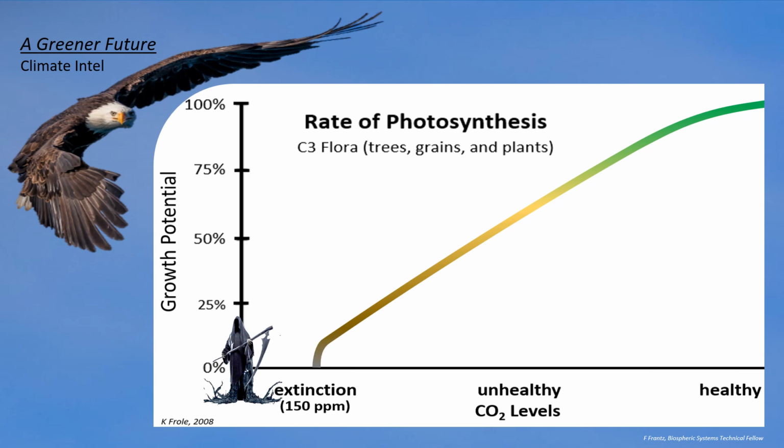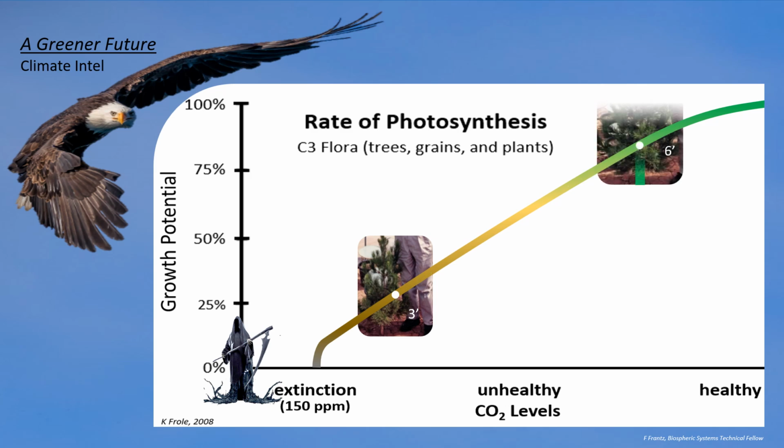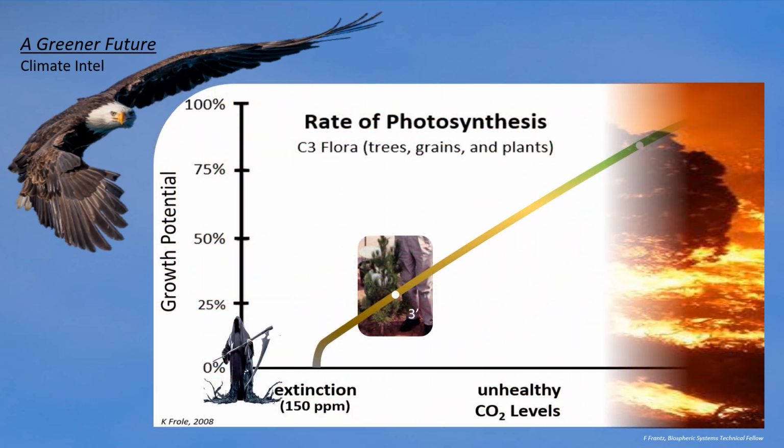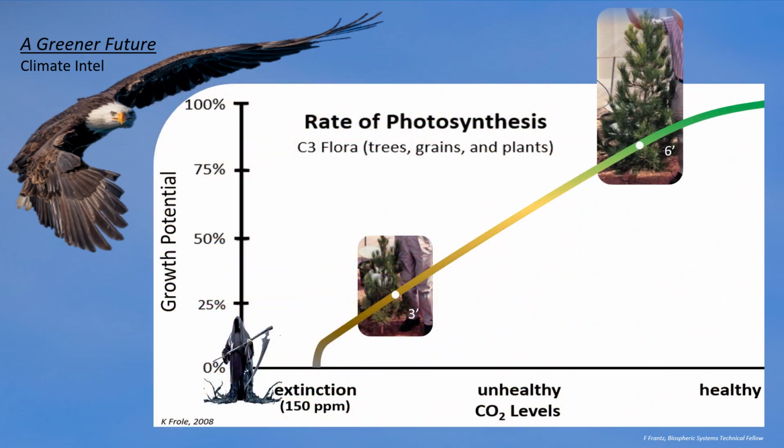For example, because we don't know any different, we think that this pine tree should grow this much in 4 years, but that pine tree is actually suffocating. Give that same pine tree healthy CO2 levels, and they double in height with 3 times the foliage. Just think of how many endangered species could nest and feed in trees and plants that grow that fast and that much. And after a forest fire, where the habitat for endangered species is destroyed, trees and ground cover would